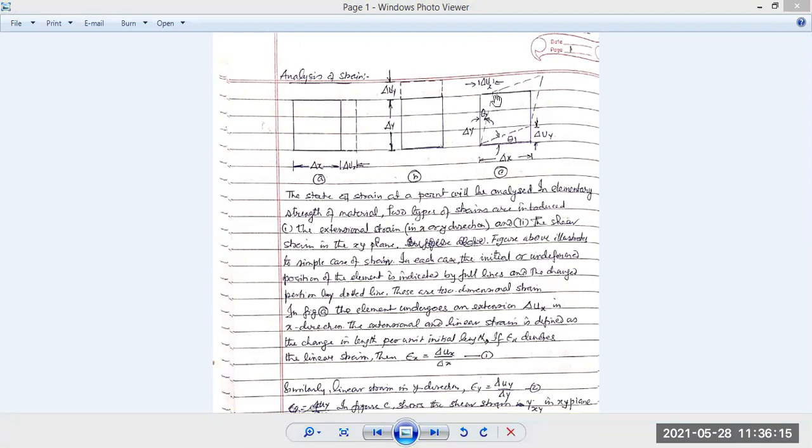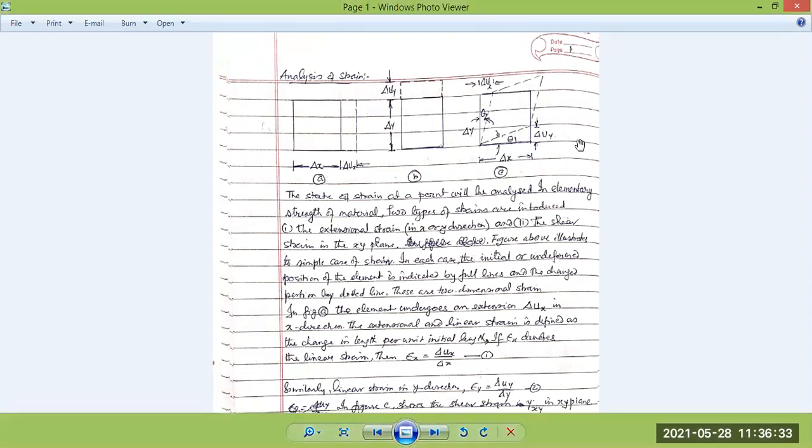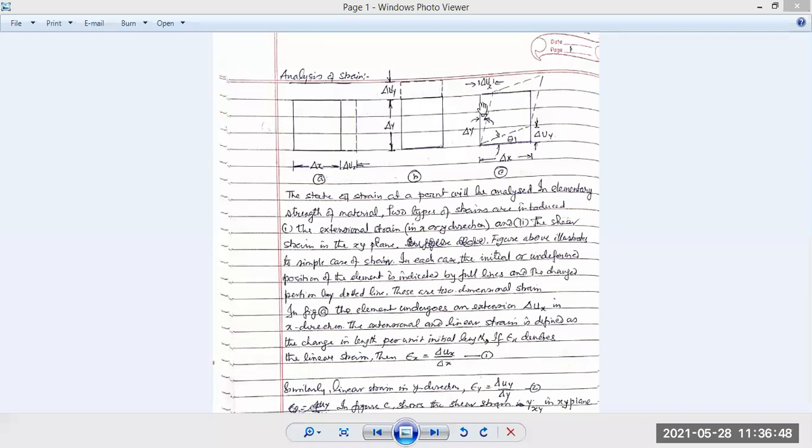Another block, it is subjected to shear force over the top. Here, this block takes this form like this rhombus itself, which is shown in the dotted section lines. It creates an angle θ1 from the x-axis and θ2 from the y-axis by an amount delta uy vertically and delta ux along horizontally itself. So what happens here?